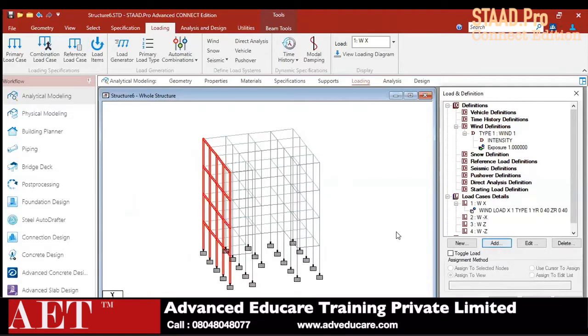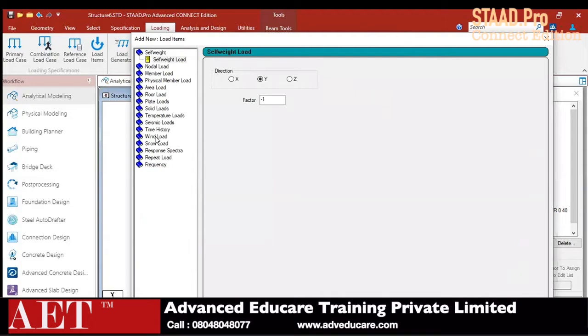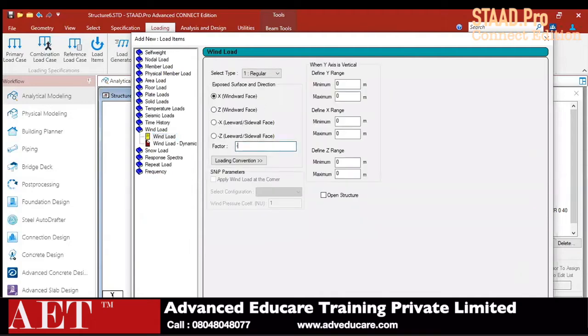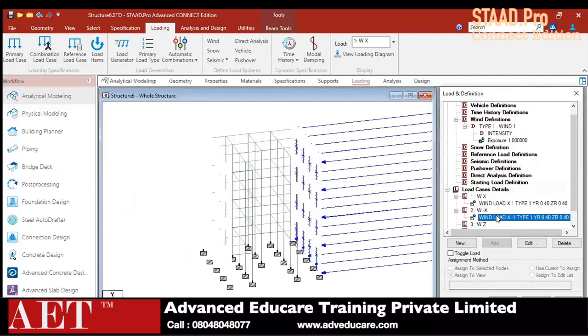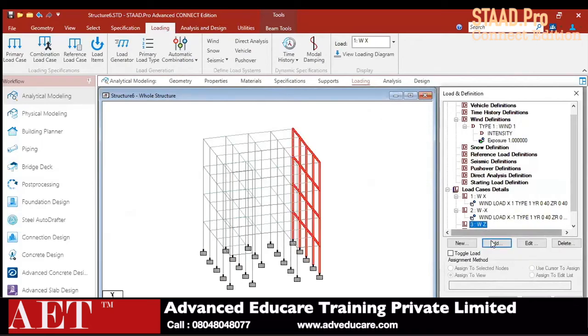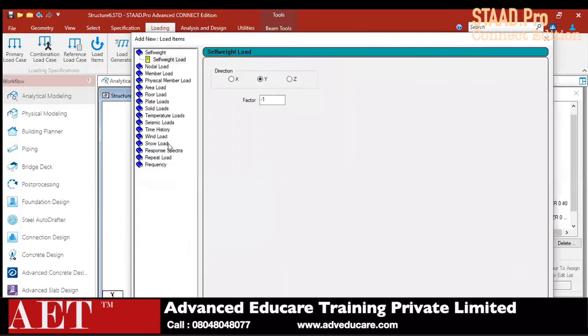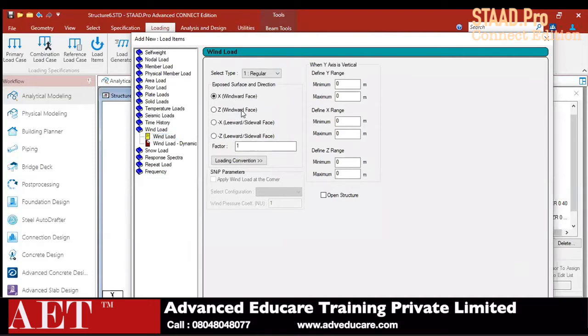Just select the wind minus x, add, select the factor is -1, direction is x, and the range for y and z is 0 to 40. Again I have applied the wind in minus x direction. Now select the direction in z direction, apply the z windward pressure, and the factor is 1.